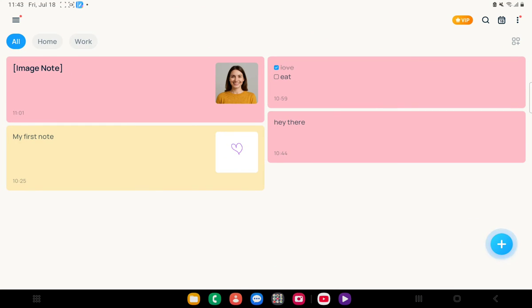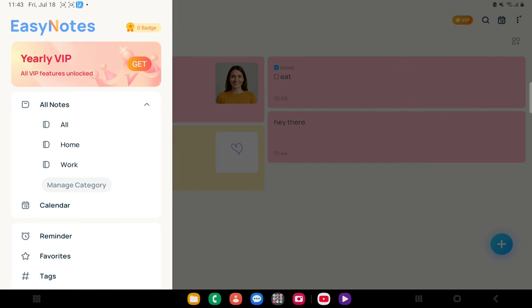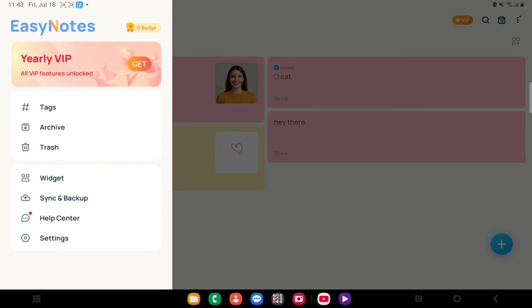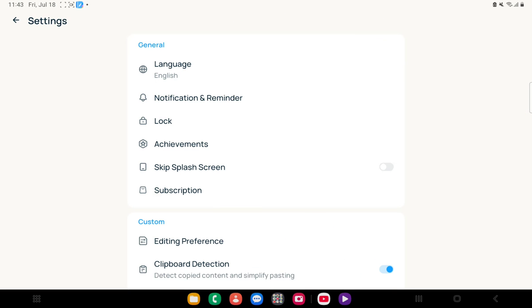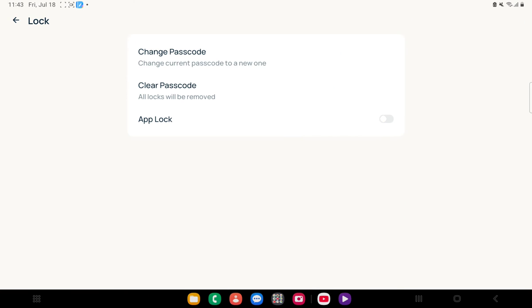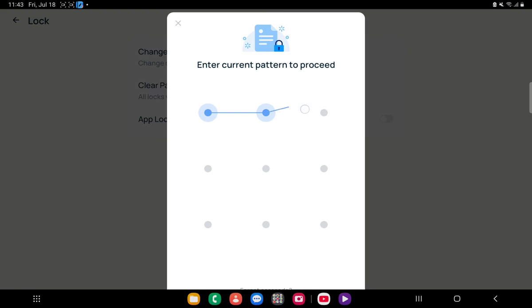Open the app, then go to the three-line menu in the left corner on the top. Find Settings and then click on Lock, and first you will have to set a passcode, or I already have one, so